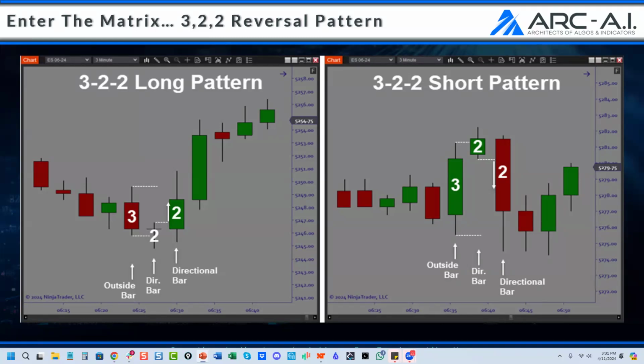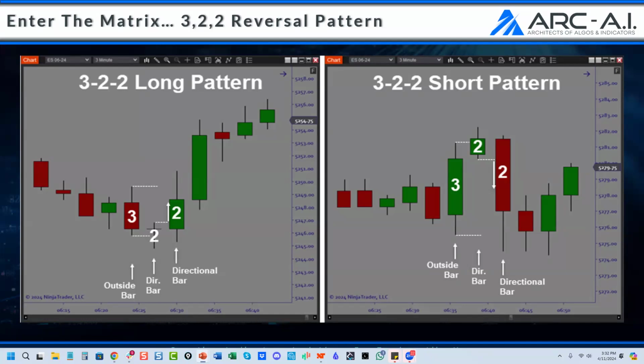This creates a form of a reversal, but you wouldn't know that it's a reversal, right? You will just know that the software is going to identify that this is an outside bar followed by 2 directional bars. If you're looking at the short, you'll have an outside bar, and then you're ultimately looking at 2 directional bars. And bar direction doesn't matter. This is what makes it difficult for humans to understand: you could be looking at an up bar and then a down bar, and they're both directional.